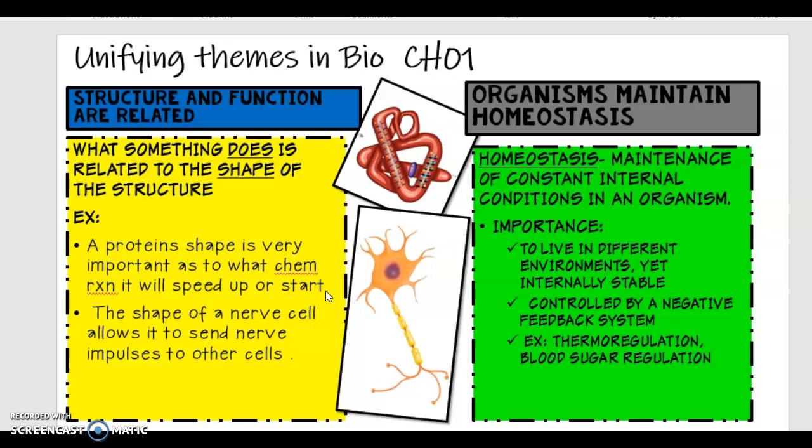The next one, the nerve cell. So the shape of a nerve cell allows it to send nerve impulses to other cells. A nerve cell has a very unique structure to it. Most cells are just round or oval or kind of rectangular shape, but a nerve cell has a very specific shape to it because of its function. It has this long tail and these structures right here that are going to go ahead and relay information and